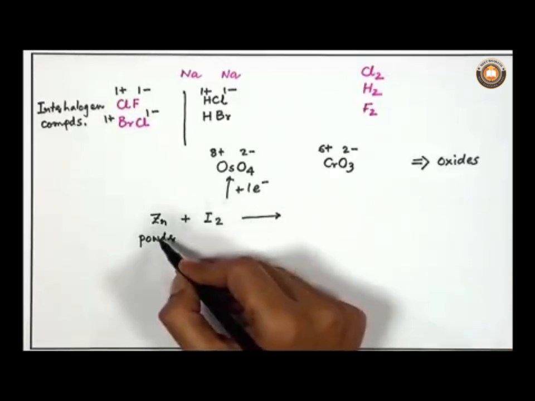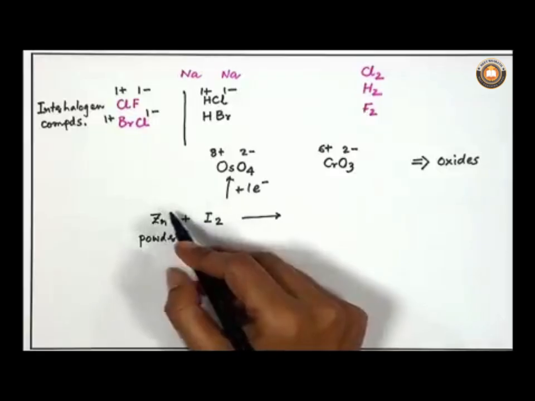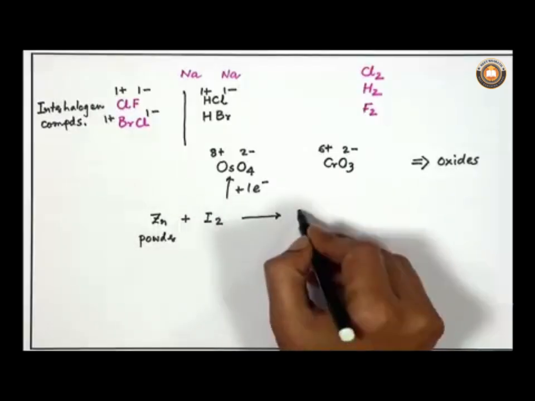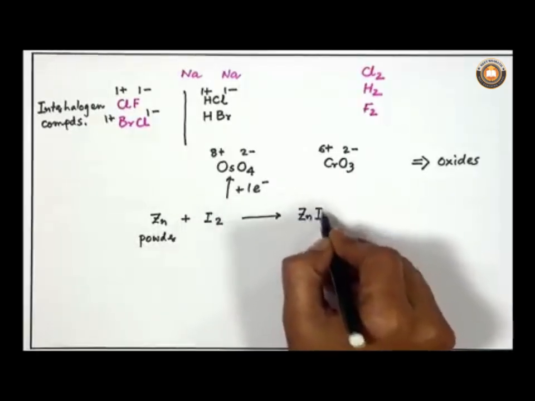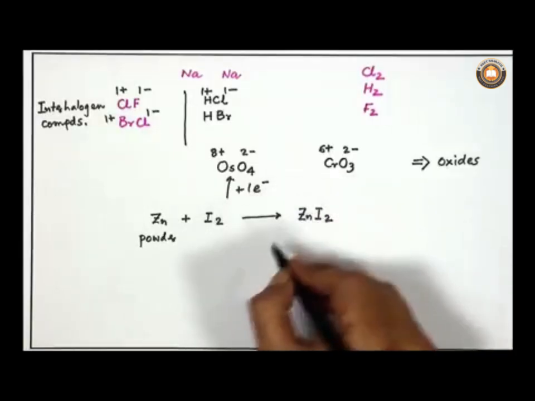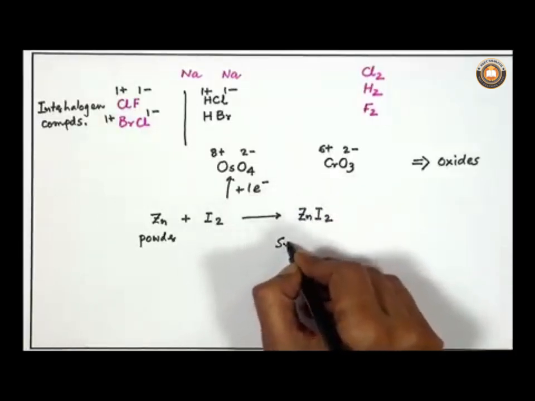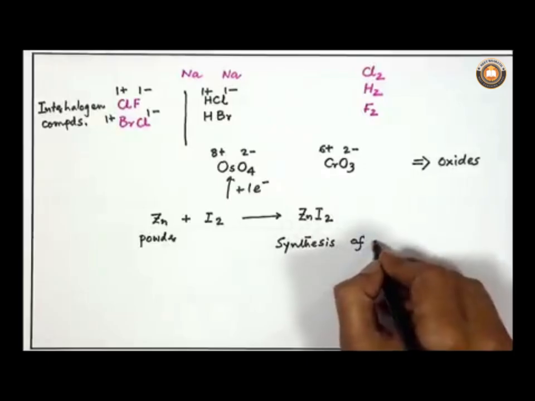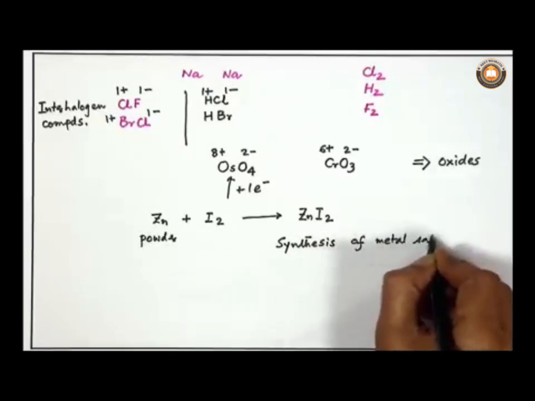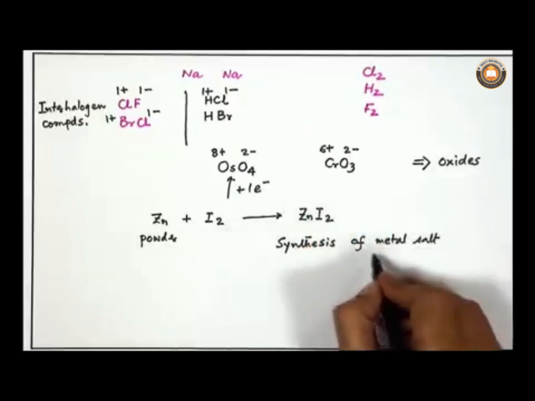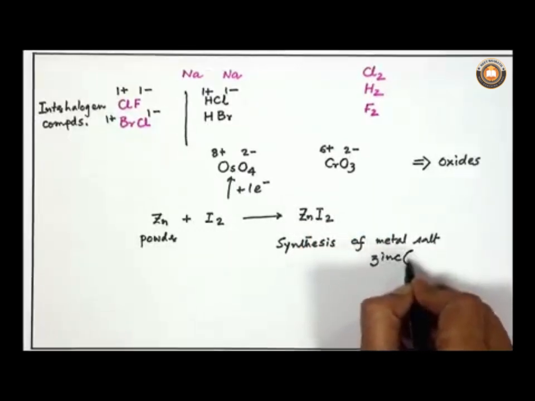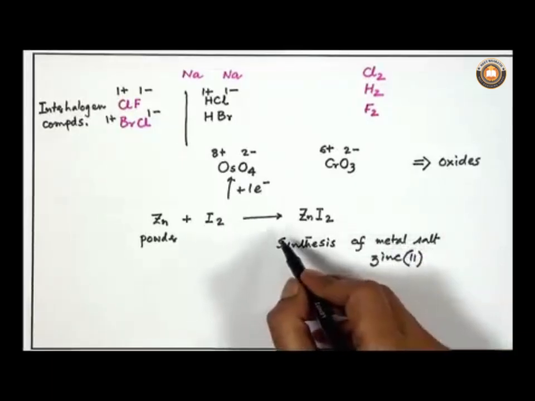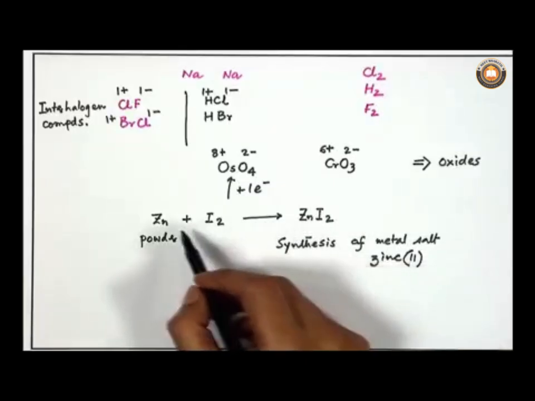see that zinc is the reductant. It will give rise to electrons. So, the electron flow will take place from zinc to iodine, and directly we get the corresponding salt. This is a typical example of the synthesis of a metal salt, which is zinc, with bivalent zinc present. So, the zinc(II) salt is directly forming, and if we add this zinc powder to a solution of iodine